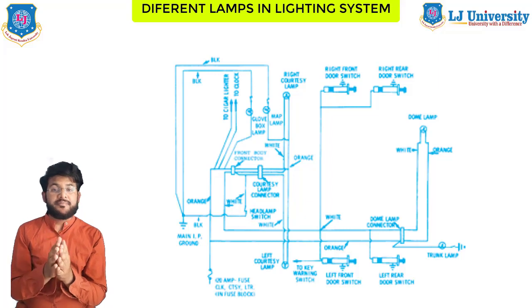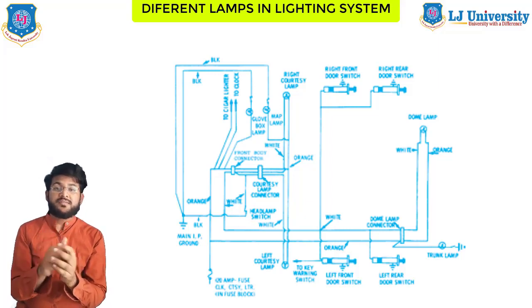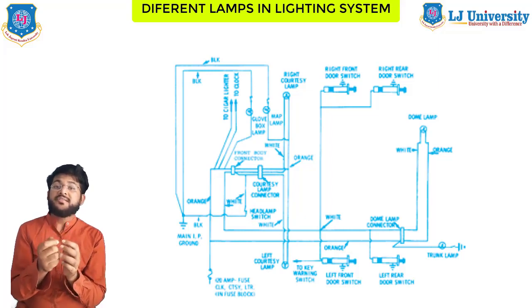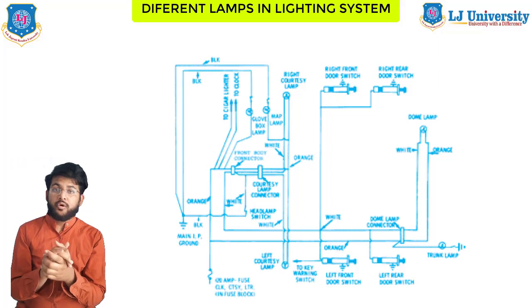Next is courtesy lamps. So what is that? Let's see first the circuits. Circuits also may contain lamps to illuminate the glove box, trunk and the engine compartment, or rear hood. Additional switches that react to the glove box door, trunk lid and the hood opening control current to these bulbs.